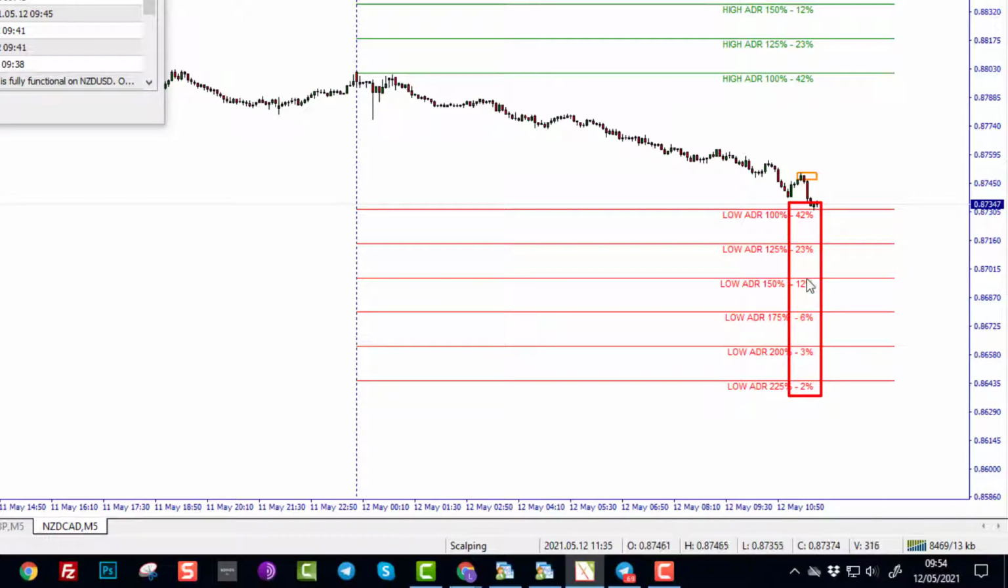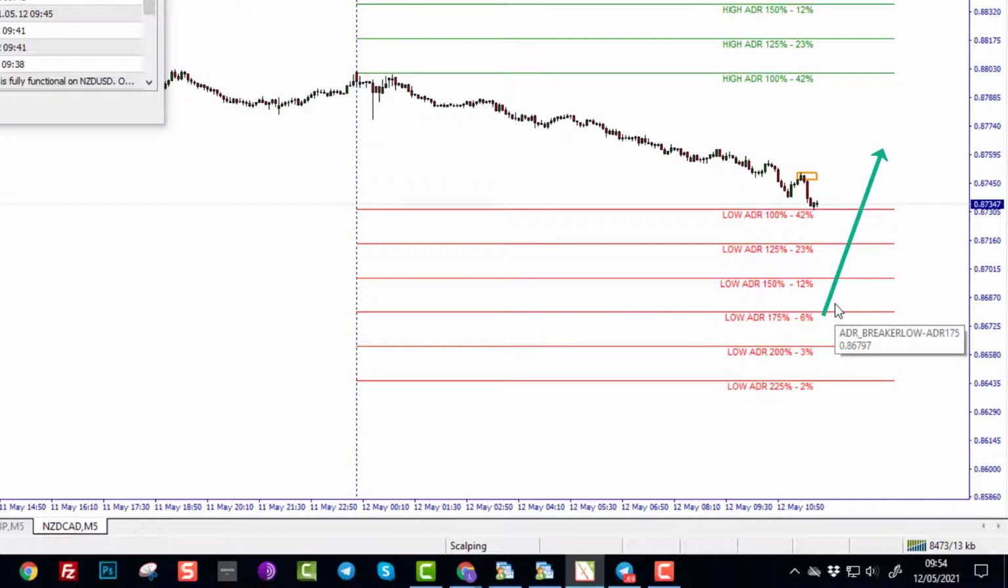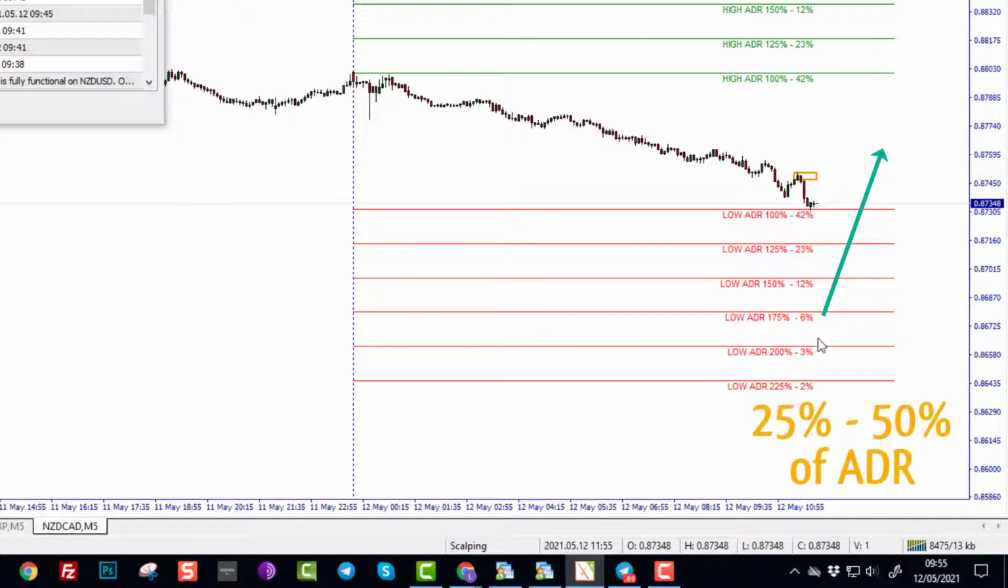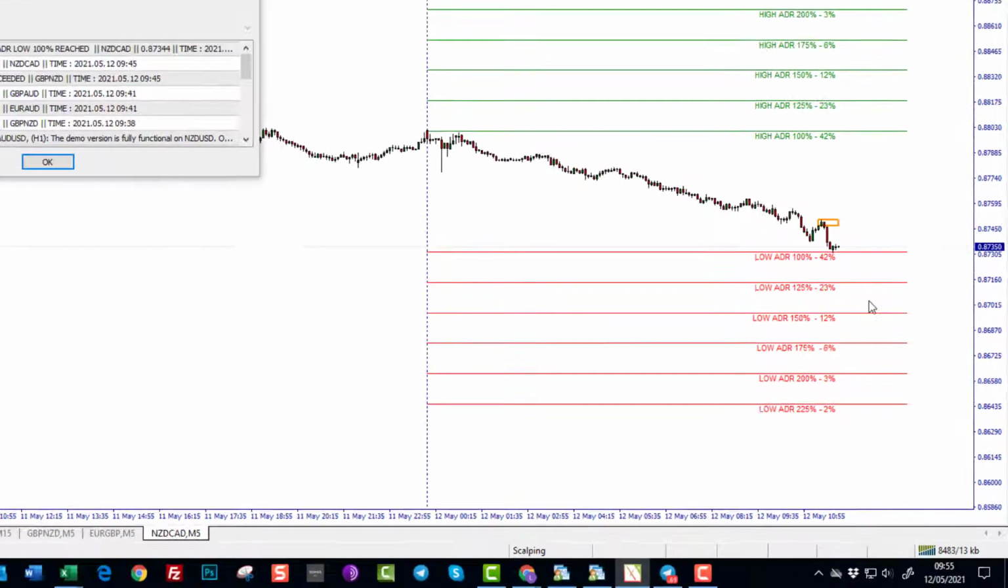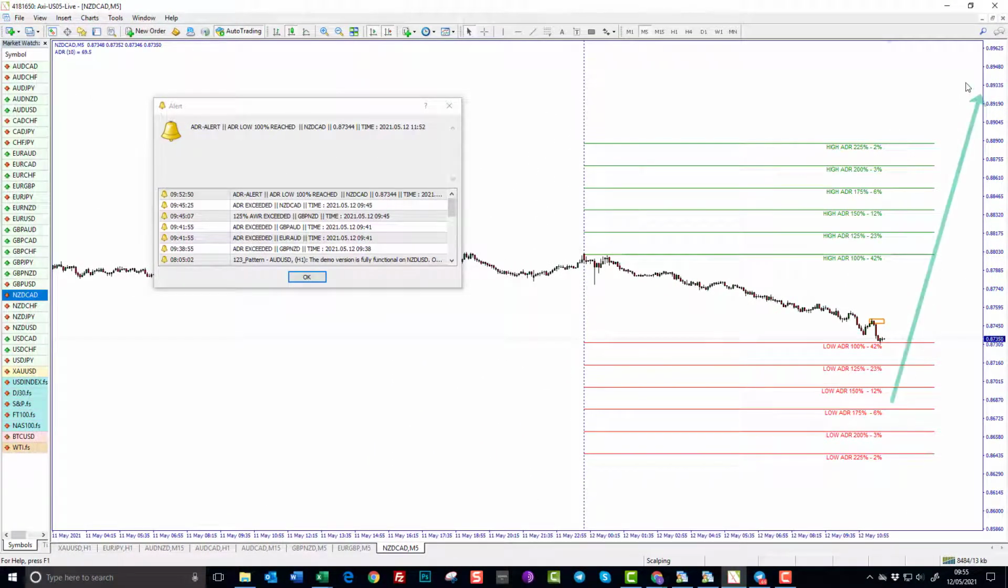When we get down to the 150, 175 and 200% levels, the chances are very, very high that price is going to stall at one of these levels, and the vast majority of the time pull back. And typically the pullbacks we tend to see are around 25 to 50% of the average daily range if it's a pullback. If this is the final push before price puts in a reversal, you'll see price push way harder in the opposite direction,